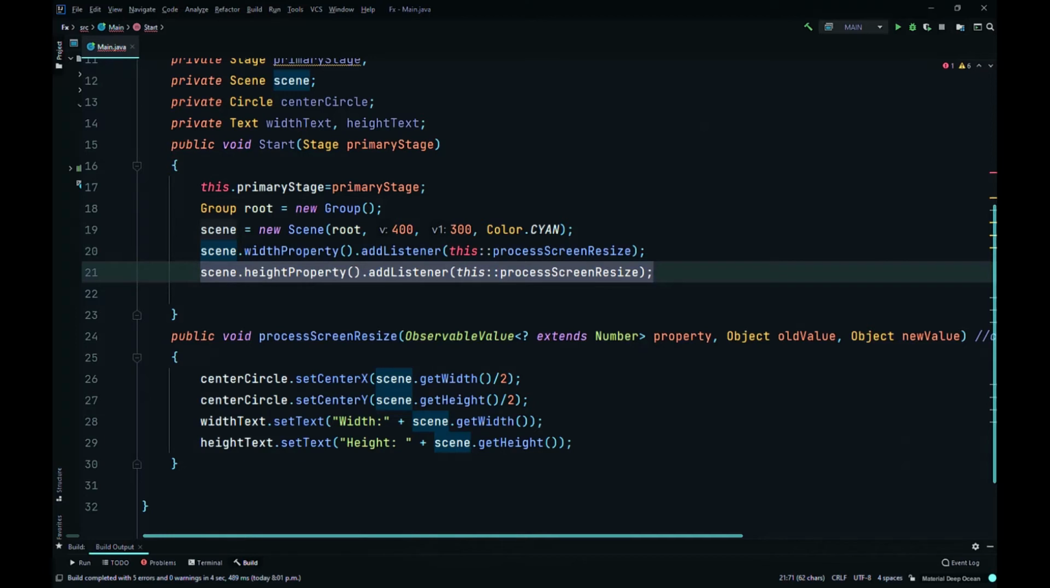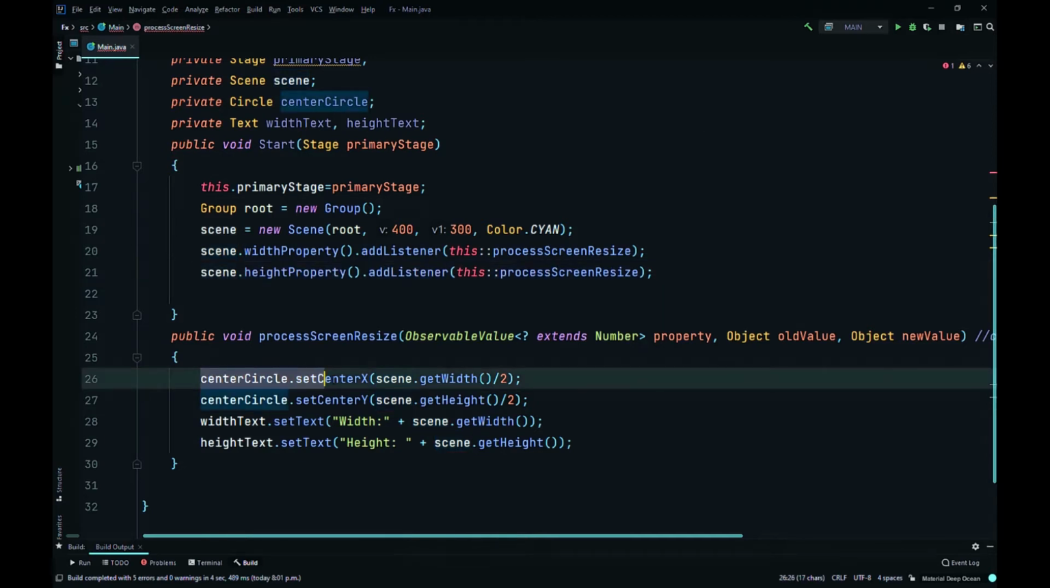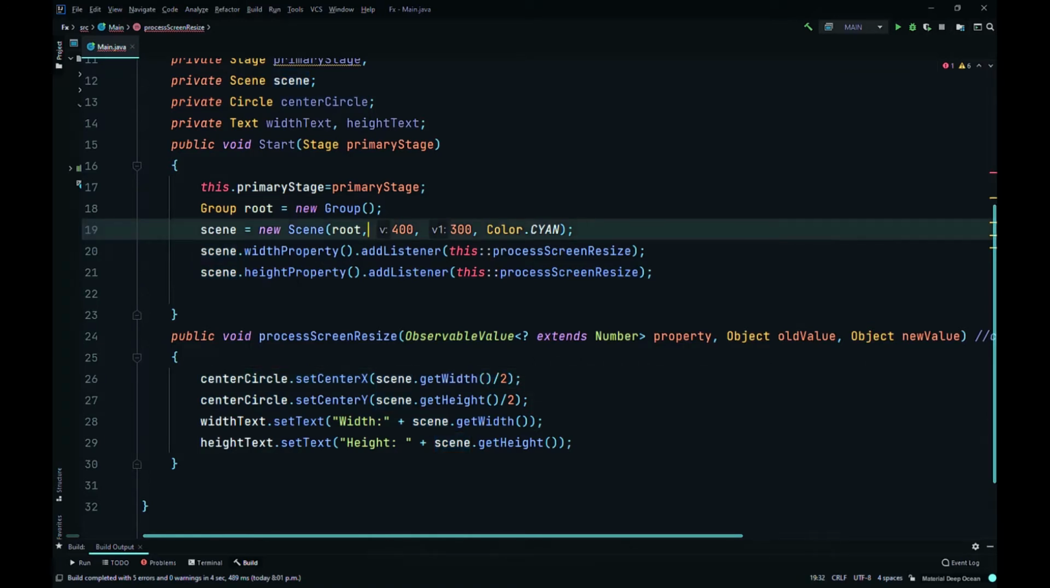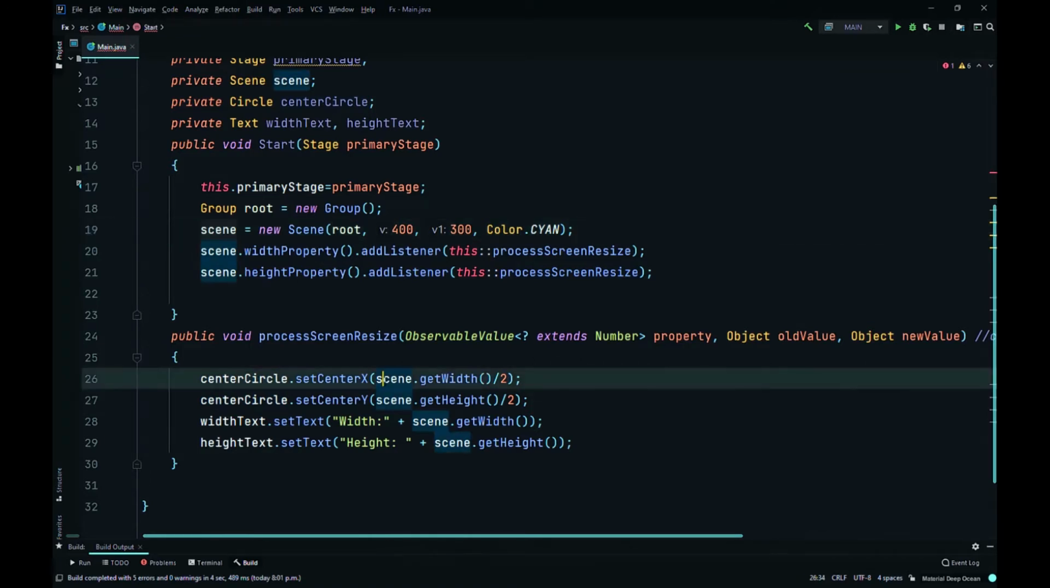Then here in our change listener, set the center of the circle, the x coordinate in pixels, the horizontal x coordinate of the center of the circle. It's kind of a lot to remember. It should just be the x coordinate, I guess, yeah. X coordinate of the center of the circle in pixels horizontally. Set that to the width of the scene, right? Set it to the current width of the height, and divide that by 2,